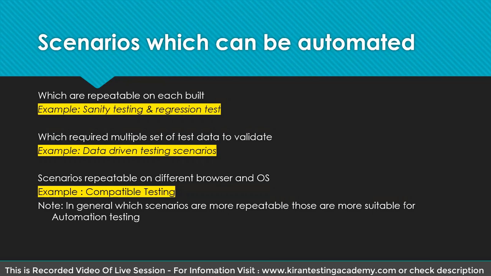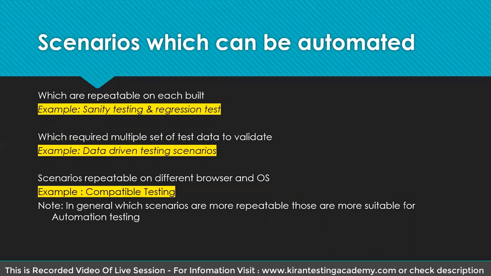And just now what I said, if I have 100 usernames and 100 passwords, I'm going to feed it. So generally what we do is, if we really have that kind of data, we write all the data in Excel. From the Excel, we are going to send that to the test. Automatically the test will pick from the Excel, test it, and write back to the Excel. So this is what we call data-driven testing, multiple sets of data to validate it. Yes, in this case also automation is very much required.